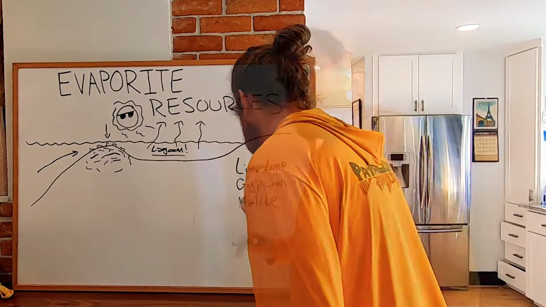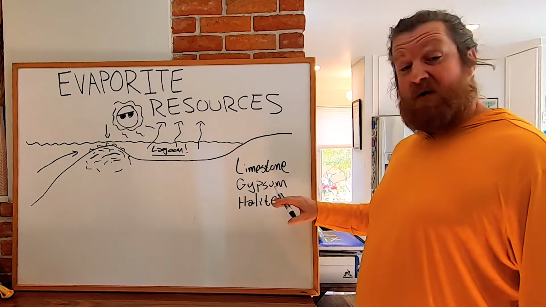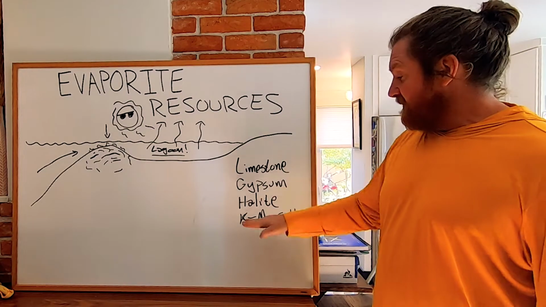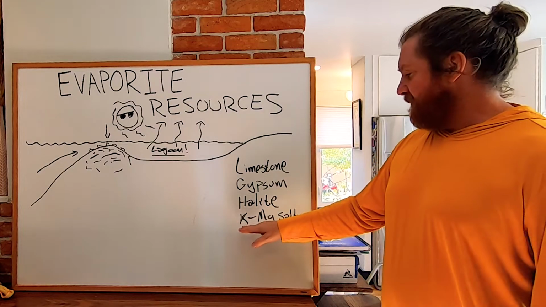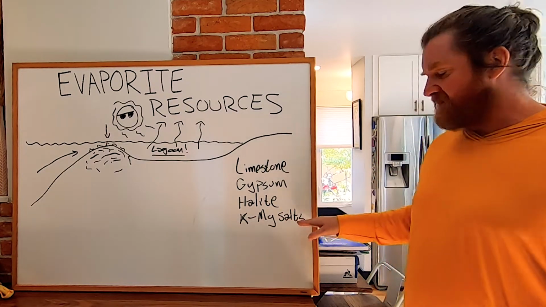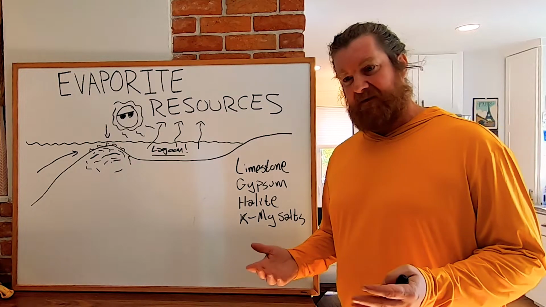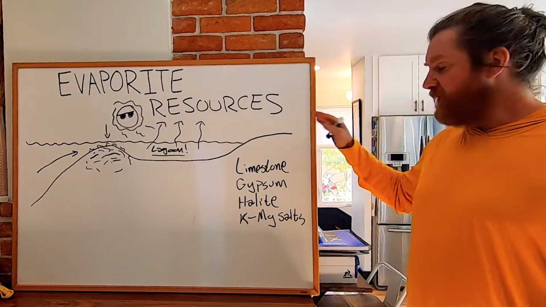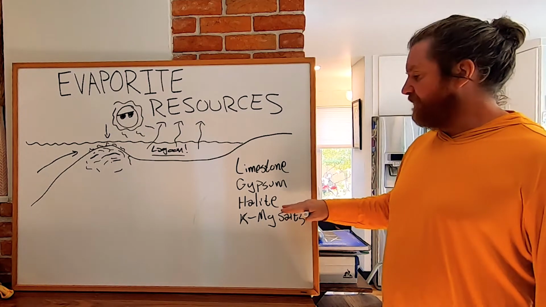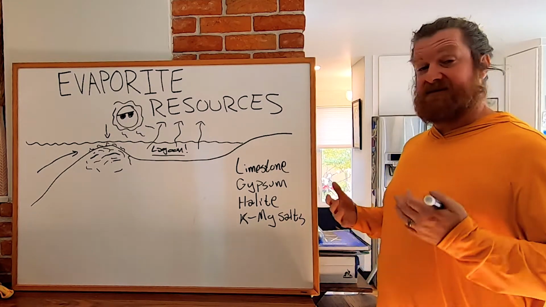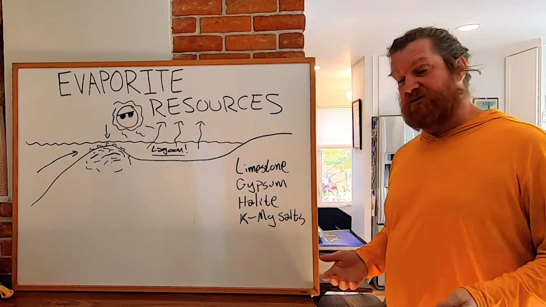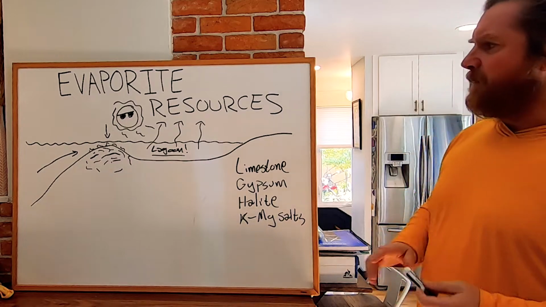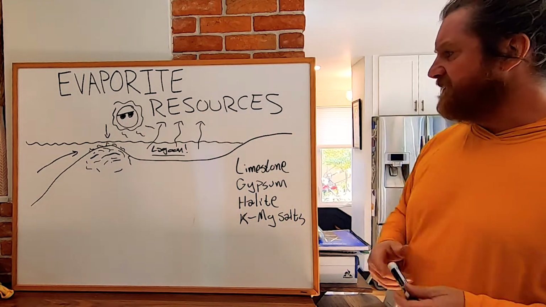Then we get halite. Halite is a mineral that you know of as table salt, right? Halite is sodium chloride. So when we get to the last phase of evaporite mineral formation, we get into potassium and magnesium salts. We're not really going to talk about those. The chemistry gets a little heady, and that's not really for us. Really what I want to focus on here is actually halite. So halite is salt. And so this is the notion of getting salt from the ocean, which obviously seems fairly easy to do. But in these types of conditions,